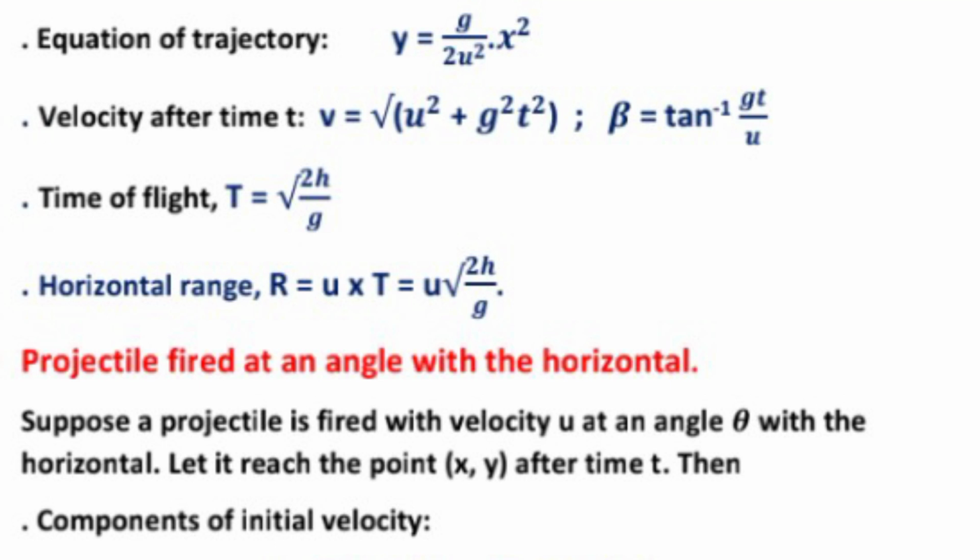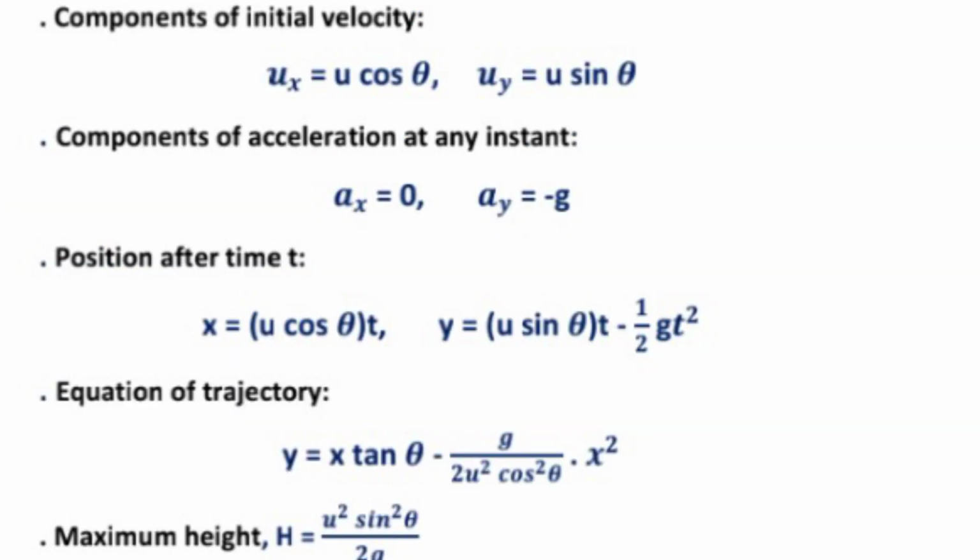Projectile fired at an angle theta with the horizontal. Suppose a projectile is fired with the velocity u at an angle theta with the horizontal. Let it reach the point (x, y) after the time t. Then the components of initial velocity: ux equals u cos theta and uy equals u sin theta. Components of acceleration at any point: ax equals 0 and ay equals minus g. Then the position after time t, x equals u cos theta into t and y equals u sin theta into t minus half gt